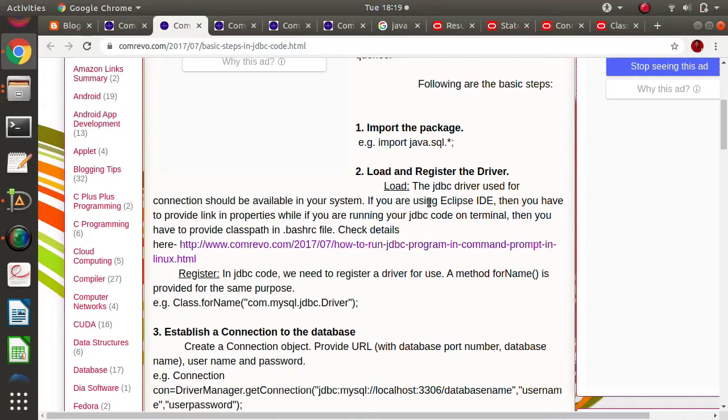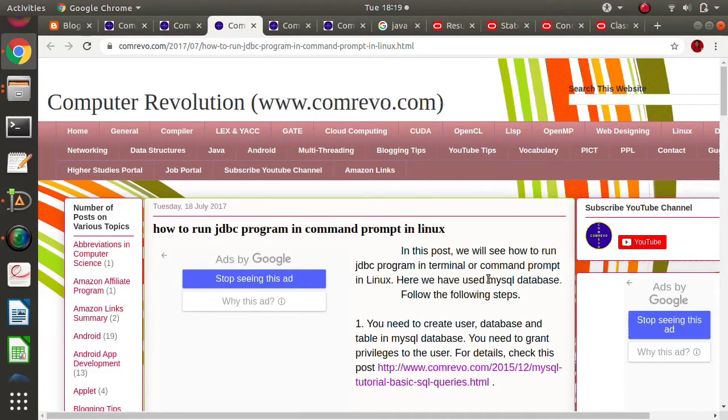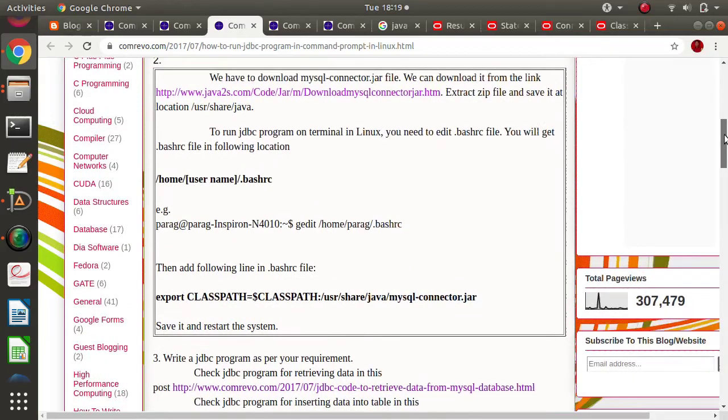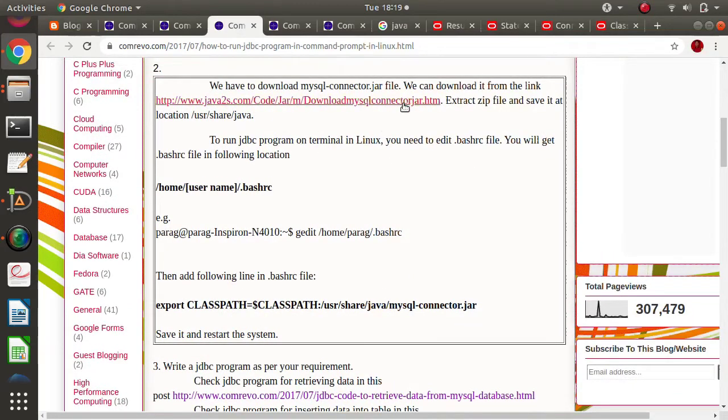But if you are running your JDBC program or database connectivity program from the terminal, then we need to follow some steps. From this URL, you can download the jar file for the MySQL database. Then we have to save it in the user/share/java folder.